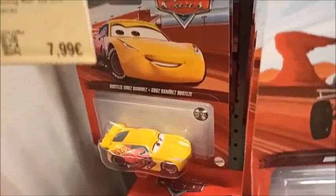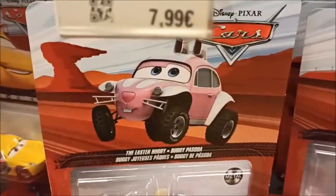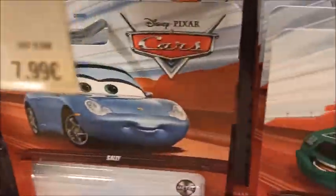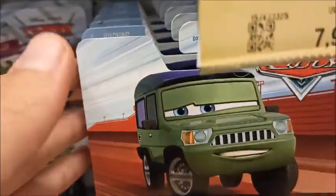They might not have cars that I need, but there's Rusty's Cruise, there's the Easter Buggy, there's Donna, Sally, Mary, Fillmore, Miles without, and Miles with microphone. There's Boardman, only a couple, some Sarges, Artist Ramon. There you have Maters. You see, he's still a popular character, only one left. There you have Ramon again, Paul Ingas,